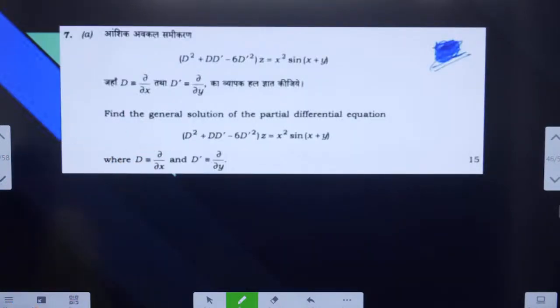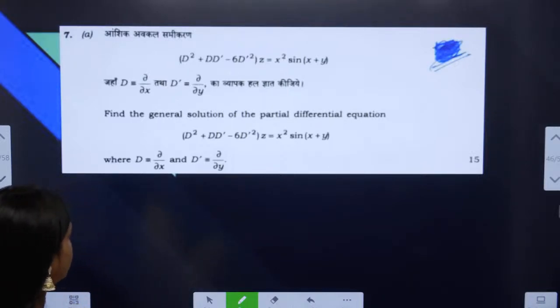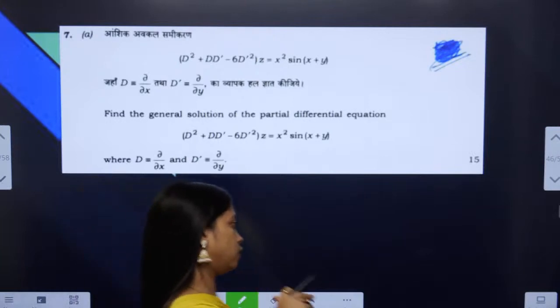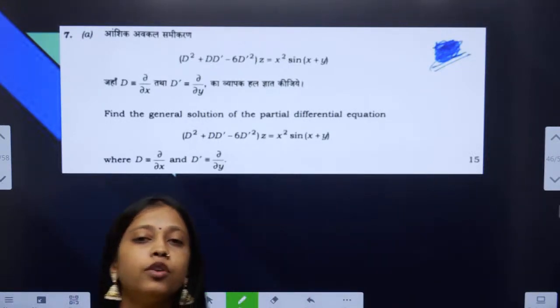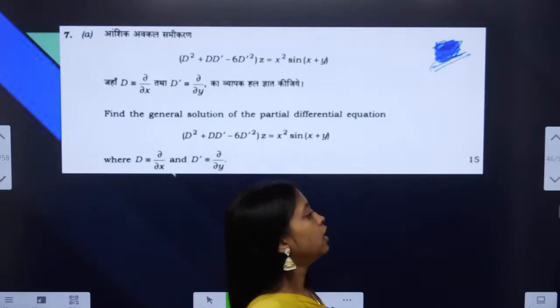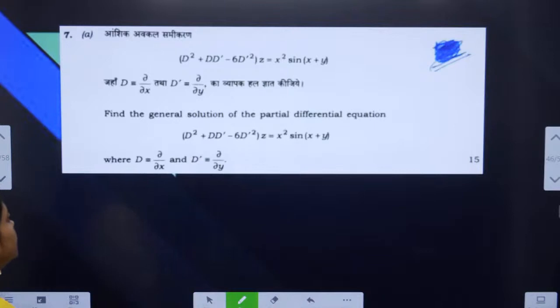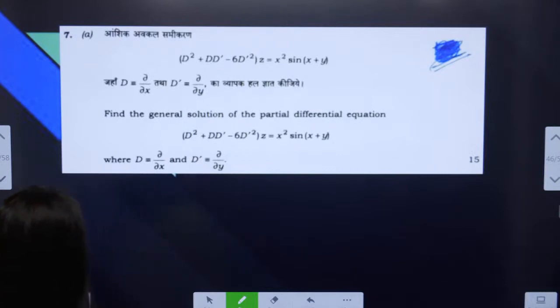Find the general solution of the partial differential equation. Again, there are two parts: make the auxiliary equation, and find the particular solution. Because we are in PDE, the job is a little bit different. For the auxiliary equation,